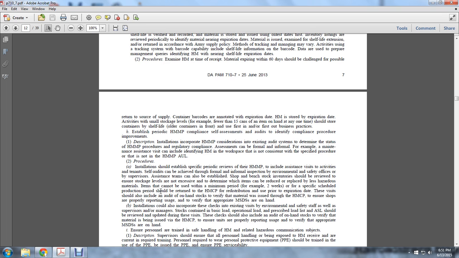The installation should establish a specific period of reviews of the hazardous material management program, to include assistance visits of the activities. Tenant self-audits can be achieved through formal or informal inspection by environmental safety offices or by supervisors. Assistance teams can be established. Shop bench inventories should be reviewed to ensure stockage levels are not excessive, to determine which items to reduce or replace with less hazardous